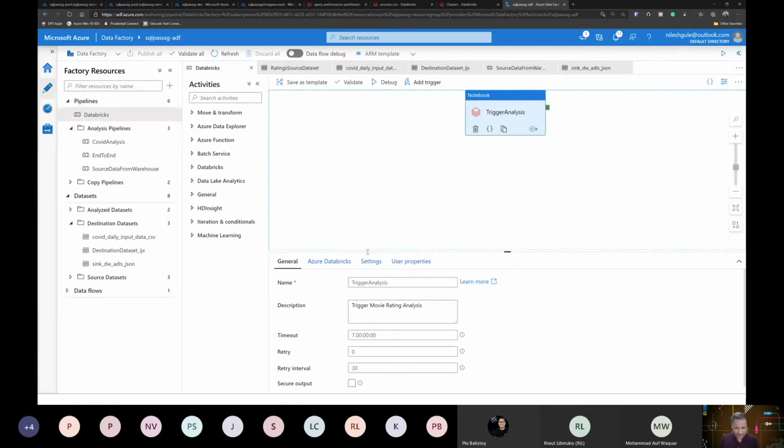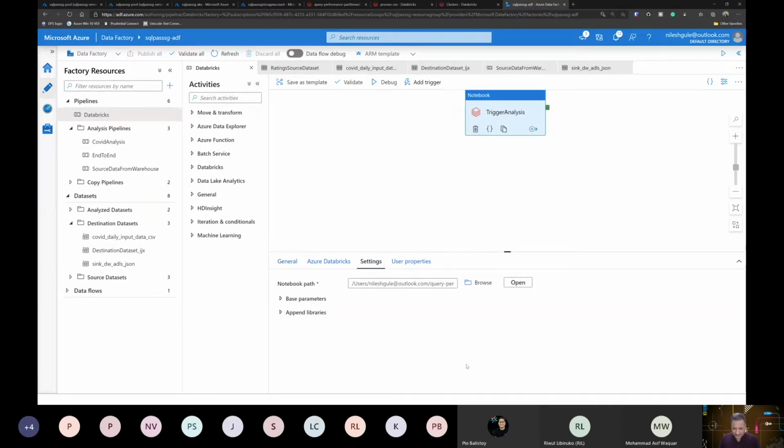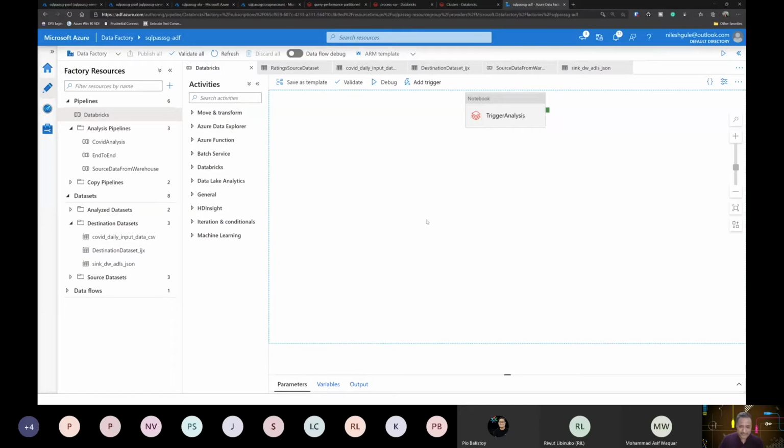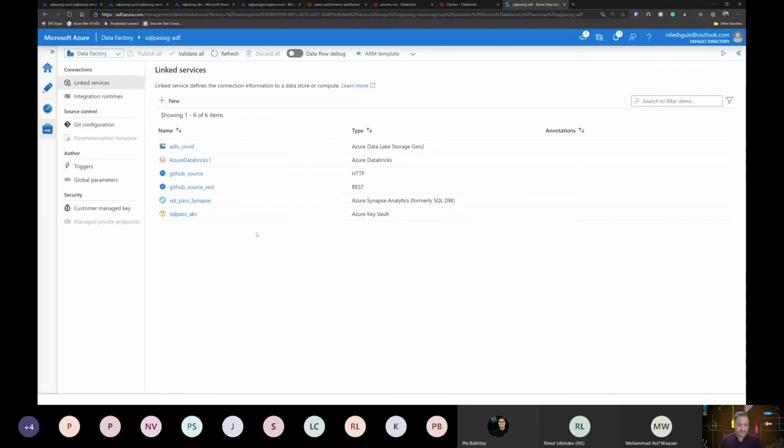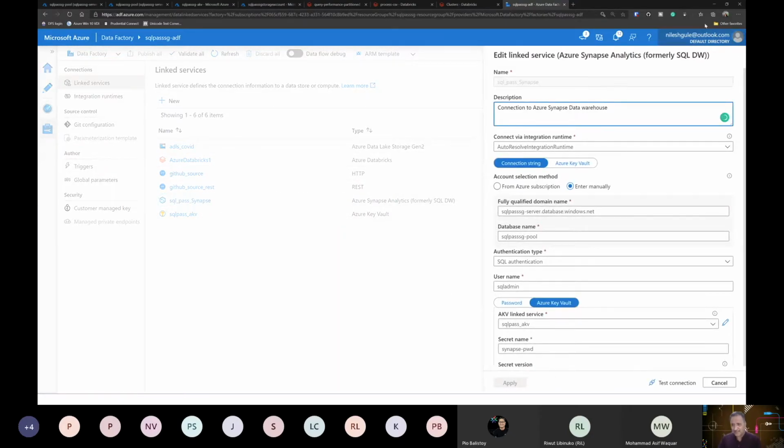In this Databricks notebook, I'm connecting to the same notebook which I showed just now, the query performance partition, where it will write into the partition table. So it will call this and it will write the data. There is nothing special in this. What I want to show is the other part, where if I want to get data from the SQL data warehouse into Data Factory. For that purpose, I need to create a connection or the linked service, and I've established a connection here. Let's walk through the properties of that.